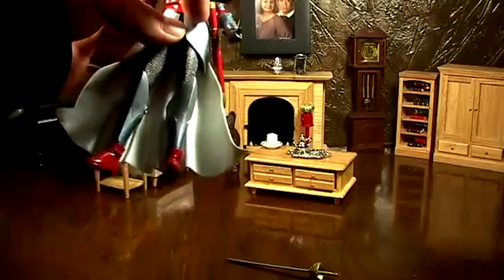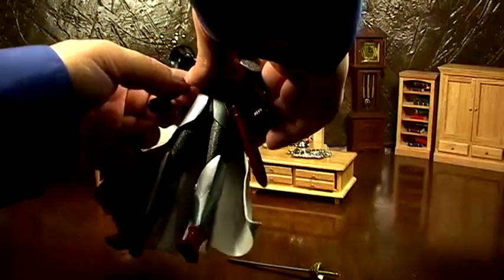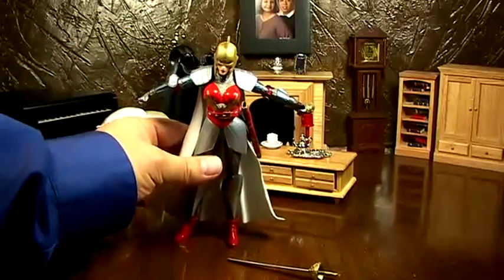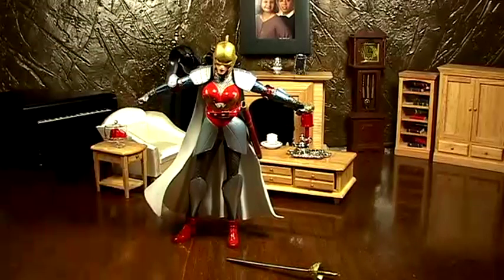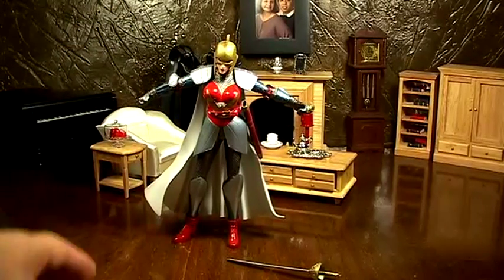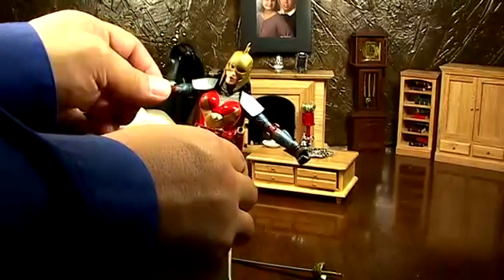Of course, there's no waist swivel or ab crunch or anything, being a DC Direct. Her arms do go out a little bit. That's pretty good. She has those nice shoulder pads on, and it doesn't really hinder it too much. Now, I think there is,